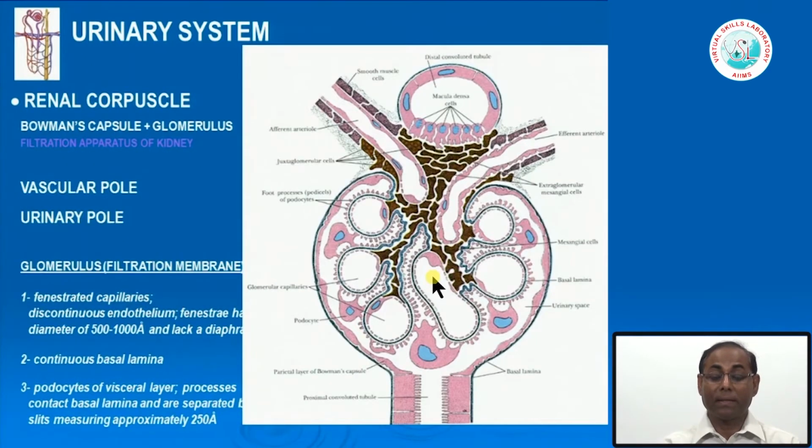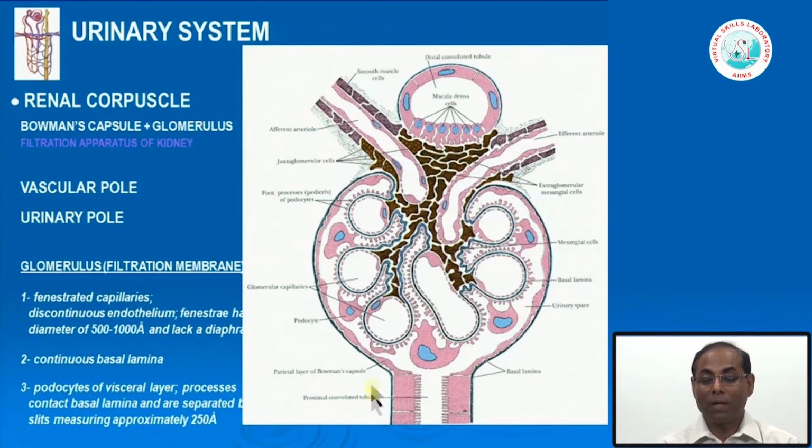If we again cut through the cross section of that, because this is very important for you to understand the structural components of a glomerulus, then you will understand what the glomerular filtration barrier is. And if a particular cell type or more than one cell type is affected in a particular disease, you will understand what kind of functional abnormality can occur secondary to that disease. That's why I am going into the details and explaining what structural components you should know in the nephron or in the glomerulus.